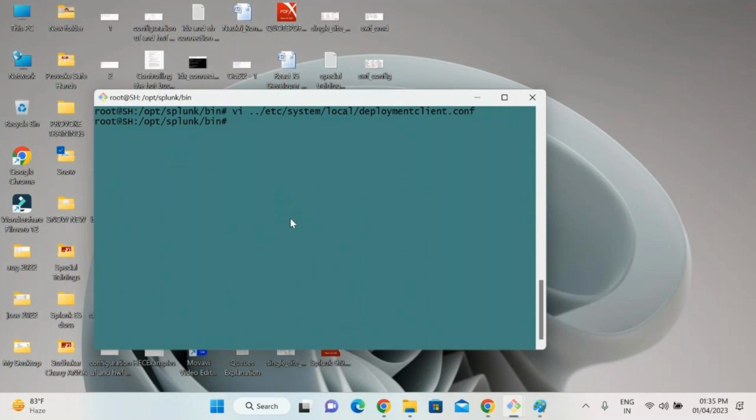Deployment-client as a stanza, target-broker:deployment server as a stanza, targetUri equals deployment server IP address colon 8089, and then restart it. And once it is restarted,